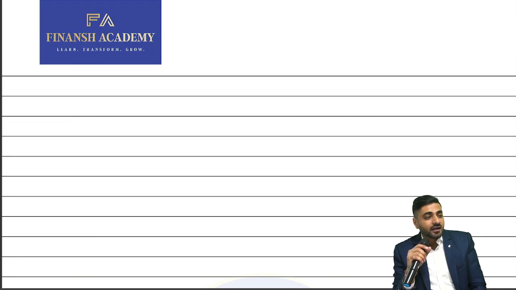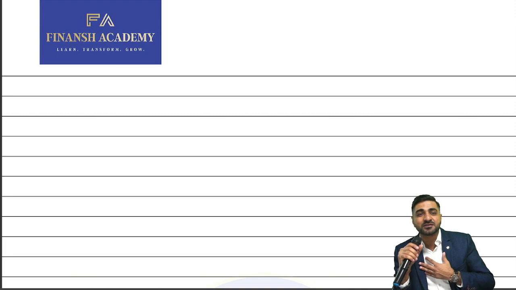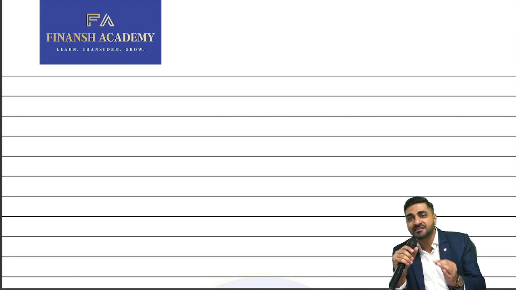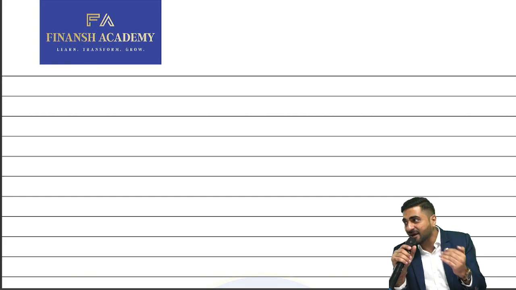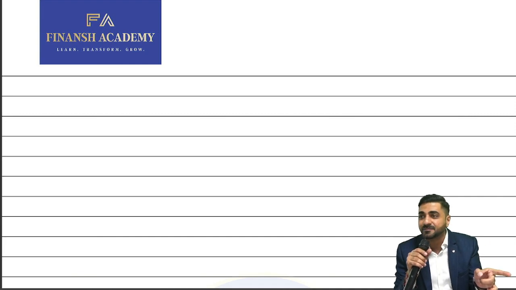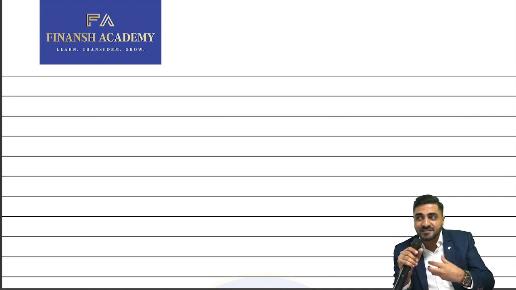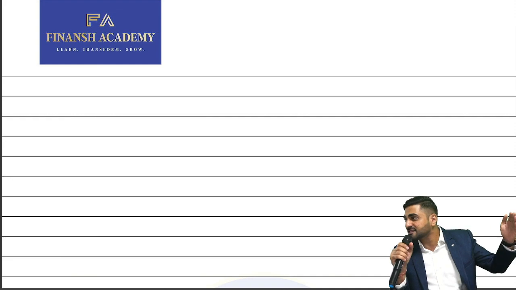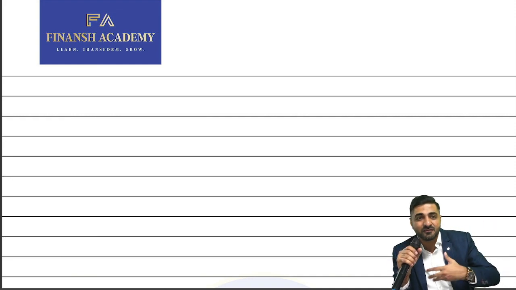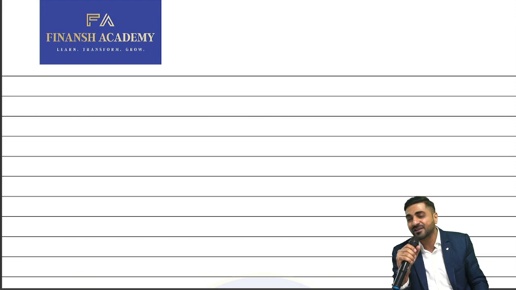Now, the first chapter, which is a favorite, is your ratio analysis. You will always expect a question on ratio analysis. Okay. And examination weightage is between 5 marks to 10 marks for this particular chapter. I hope you are trying to understand that out of 50 marks, 10% to 20% can come from this chapter. So for this chapter, I will invest more time as well. And this chapter is going to be your base for all the other chapters as well, because ratios will be used subsequently also.